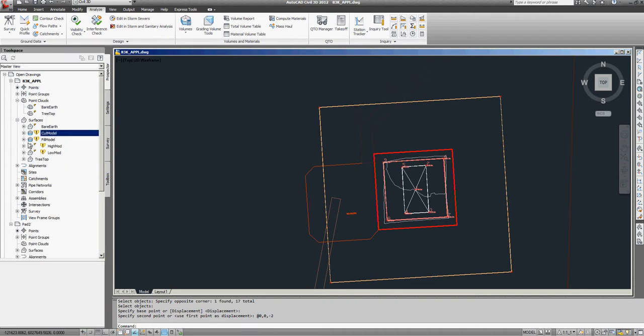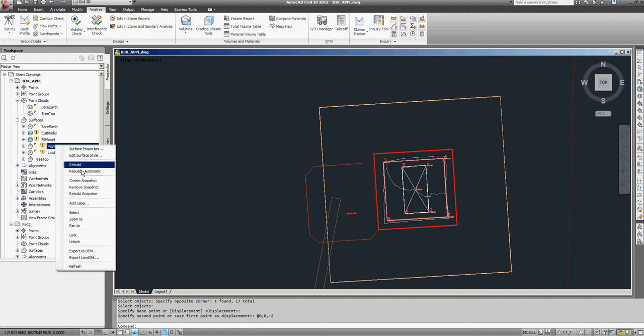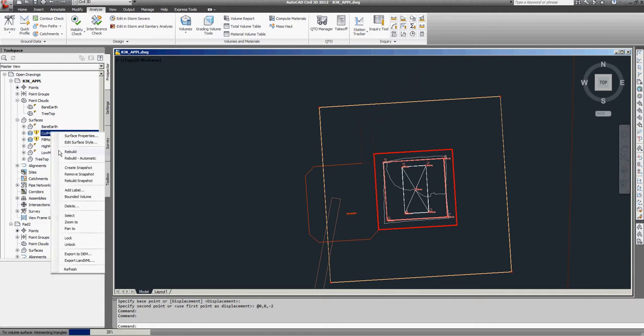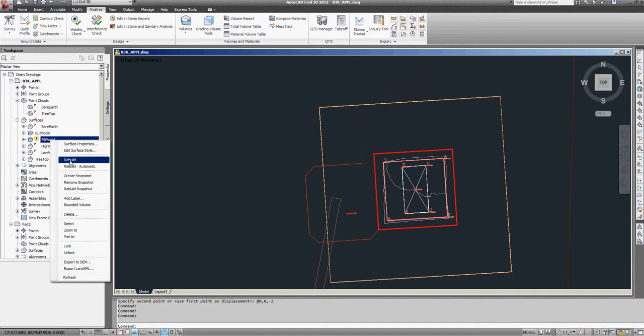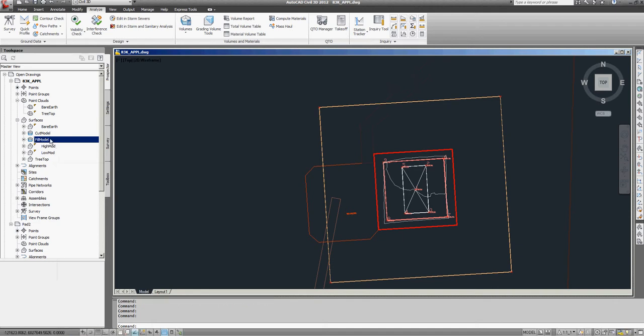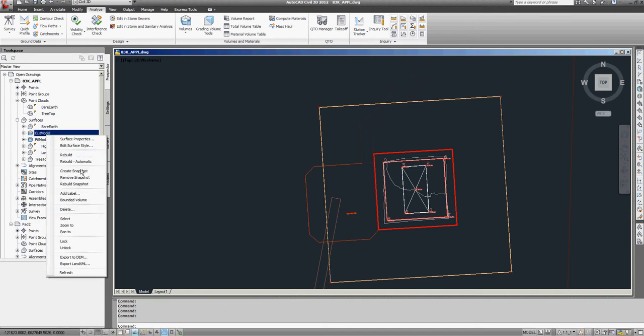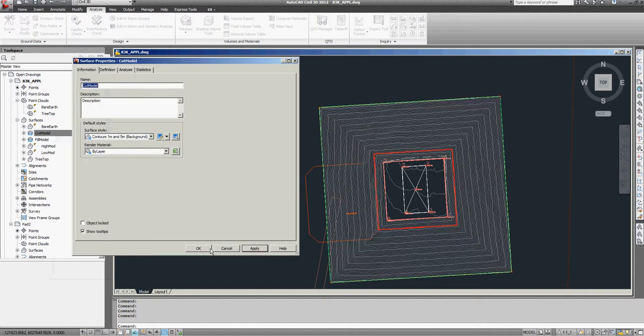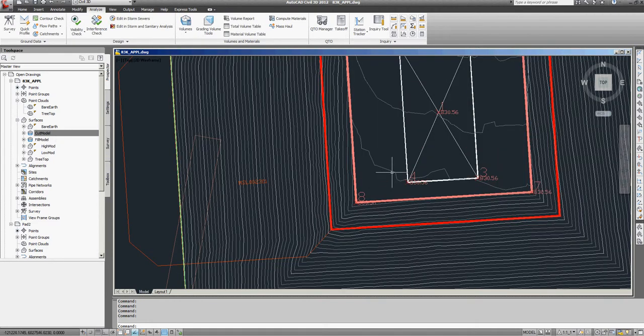And then all we have to do is refresh the models, rebuild, rebuild, rebuild, and rebuild. Now, if we take a look at our cut model, and we take a look now where the 0 line extends to,